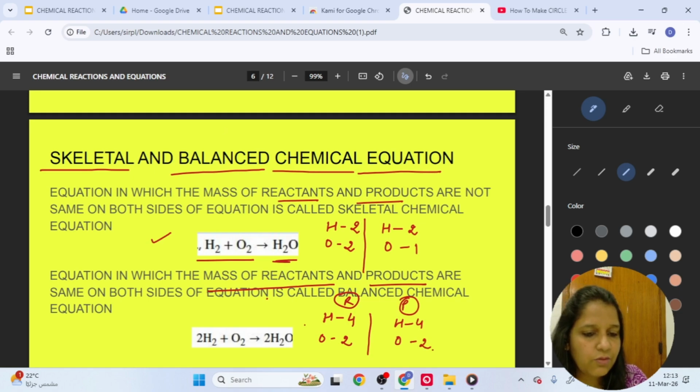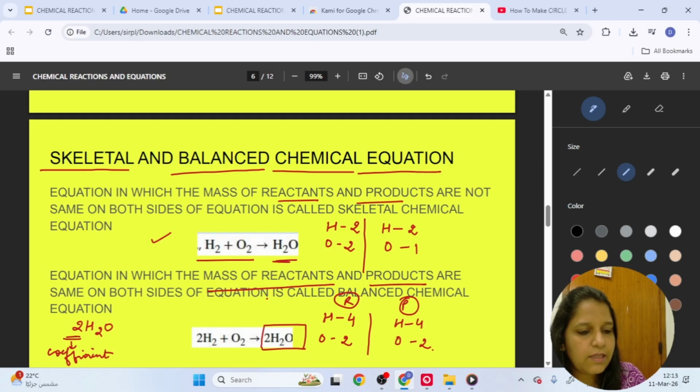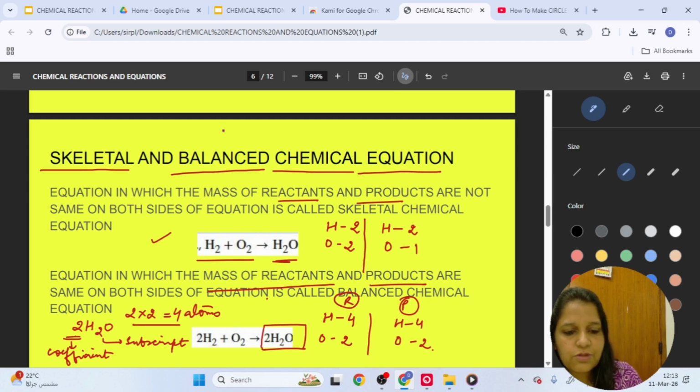अब इसमें how do we calculate the number of atoms? वो भी थोड़ा देख लो एक बार, समझ लो. 2H2O है. So number of atoms कैसे calculate किए जाते हैं? This is the coefficient. यहाँ ये जो 2 है, this is coefficient. And this 2 is subscript. So इन दोनों को जब हम मल्टीप्लाई करते हैं then you will get the total number of atoms. सो यहाँ हमारे पास कितने हाइड्रोजन के एटम्स हुए, 4, एंड ऑक्सीजन इज व्हाट, oxygen number of oxygen atoms you can find from 2O. So 2O से कितने ऑक्सीजन एटम्स हमारे पास आ गए, 2.